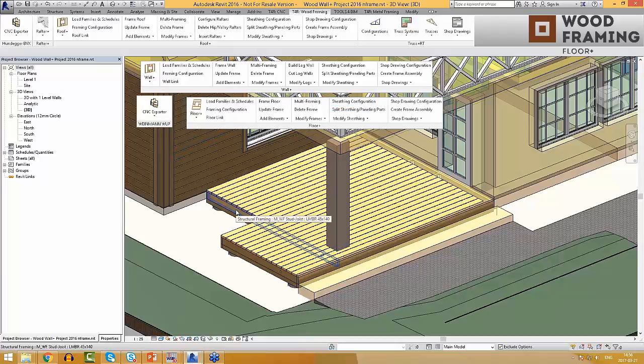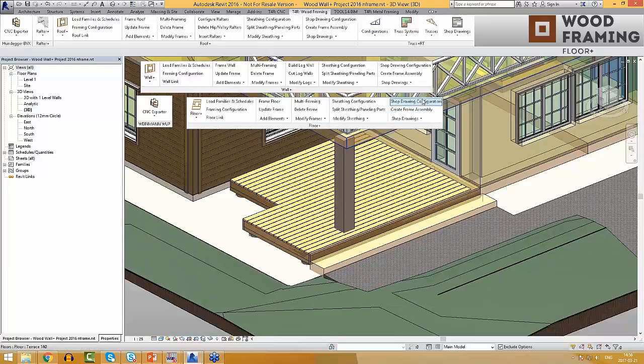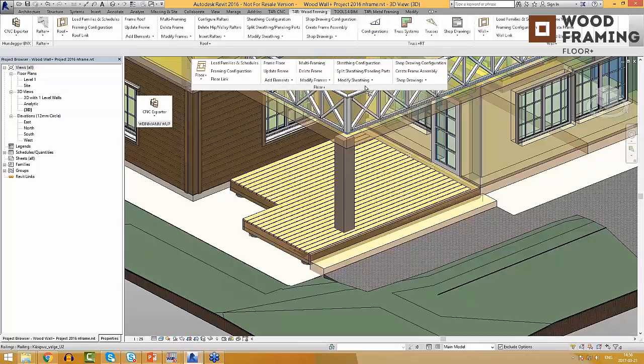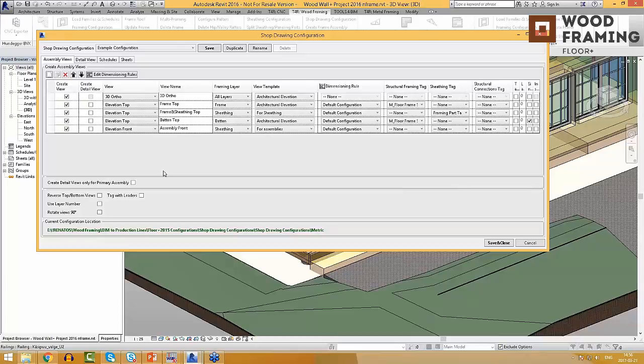And now I can make shop drawings directly in Revit. So I will go to the shop drawing configuration, and here I can predefine what views I am going to make, because in a minute we will create the floors assembly, so all framing layers will be combined to a single floor panel. And here I can predefine what layers of that floor panel I want to create shop drawings for. So I will create a frame top view, frame and sheeting top view, batten top view, assembly front view,